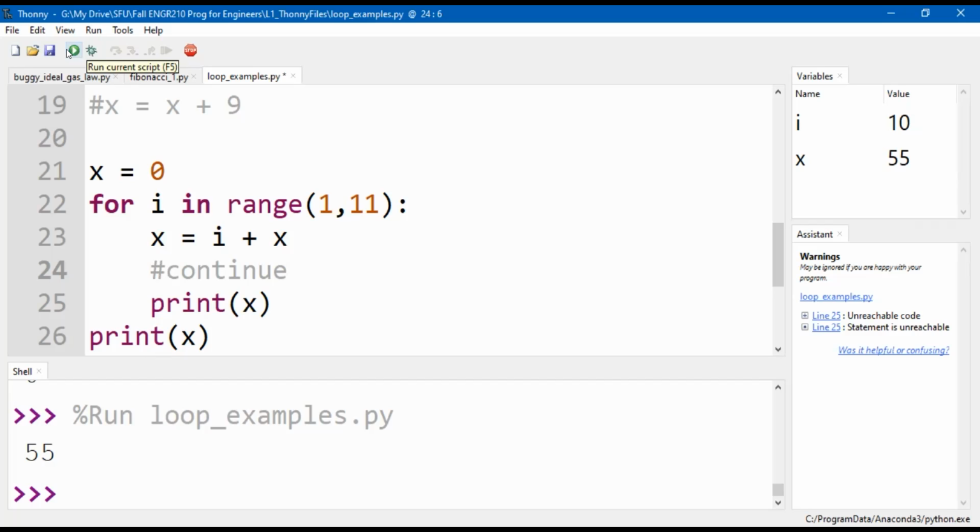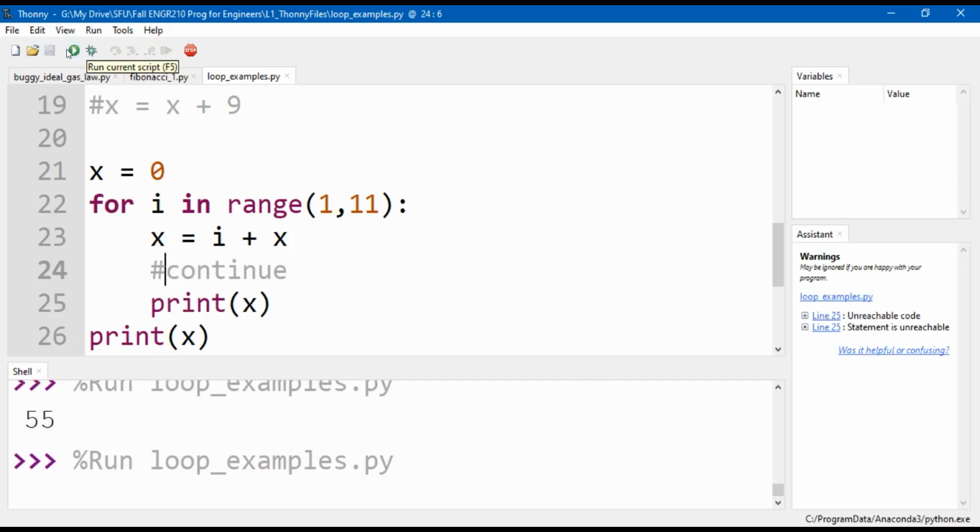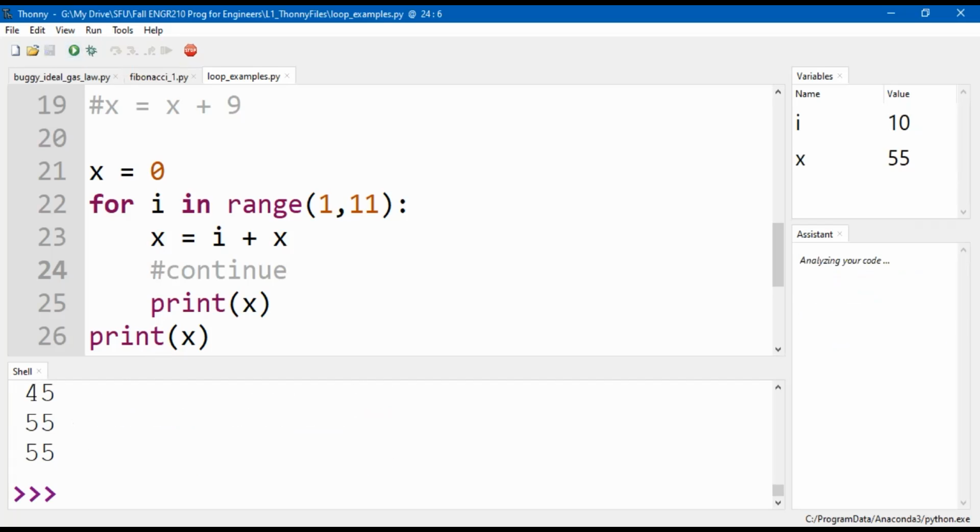For I in range 1, 11, it'll loop while I is 1, 2, 3, 4, 5, 6, 7, 8, 9, 10, and then it'll print 1 more. This should print 11 numbers off. There we go, with the last number in the addition sequence being repeated.